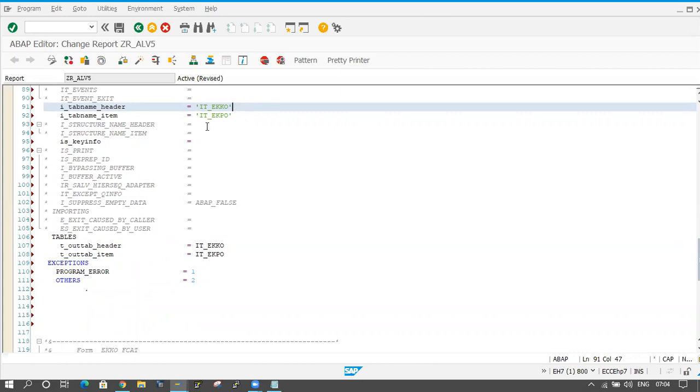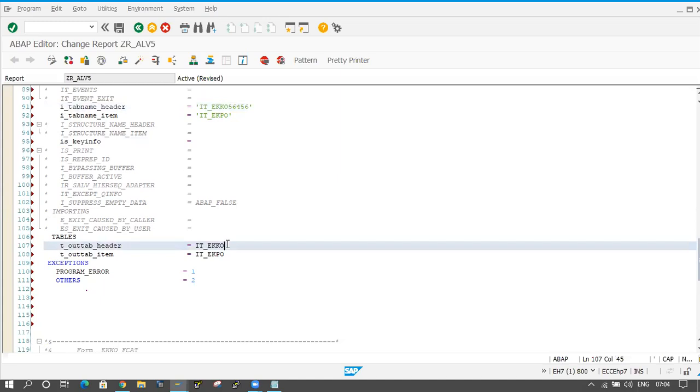That is the difference. If you pass something in single quotation, whatever text you pass, it will take that only. It won't pass the table name.